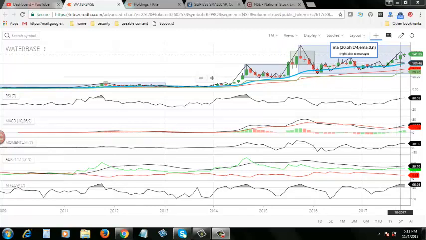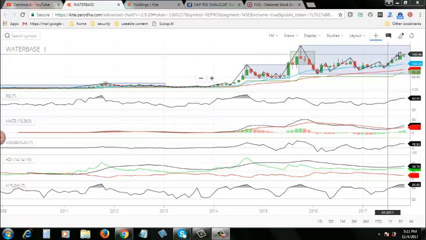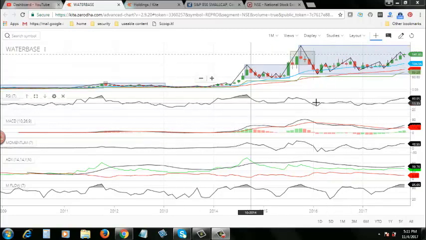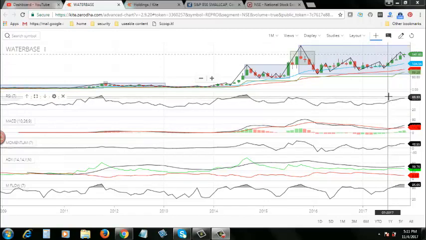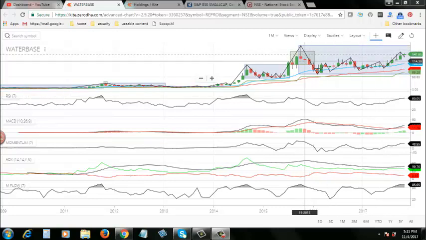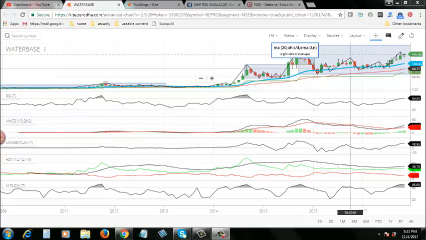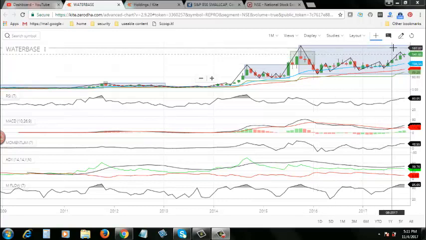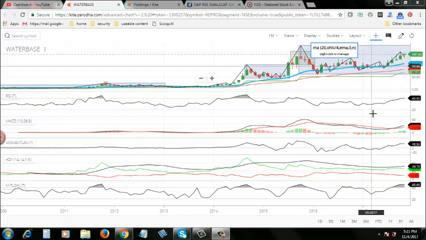But you can do swing trading or short term trading, because this short term price rise here, you can take advantage of and get short term profits. There are a few indicators, but I don't want to dig too deeply into this, because we already concluded that this stock is going in a sideway fashion, and there is no point in considering it a long term investment. So I'm not digging deep, but